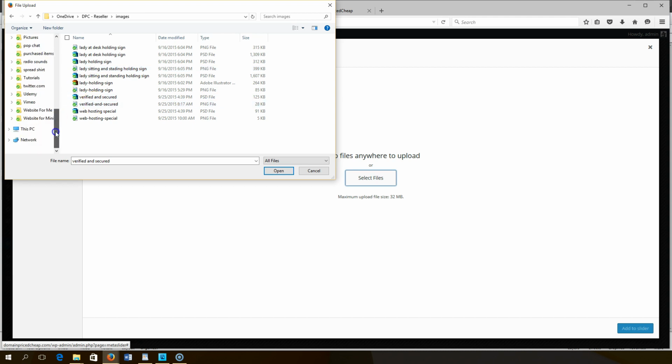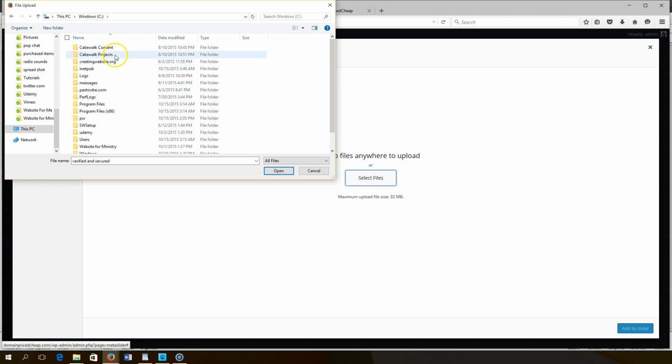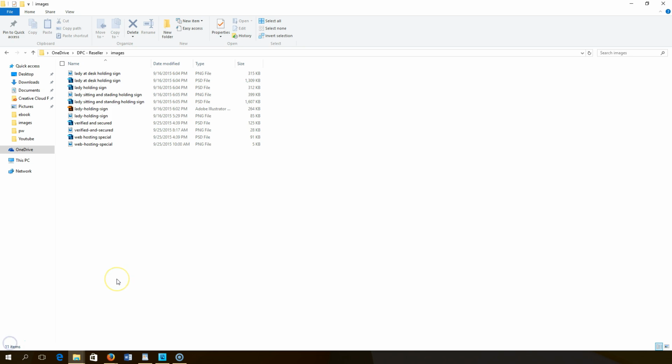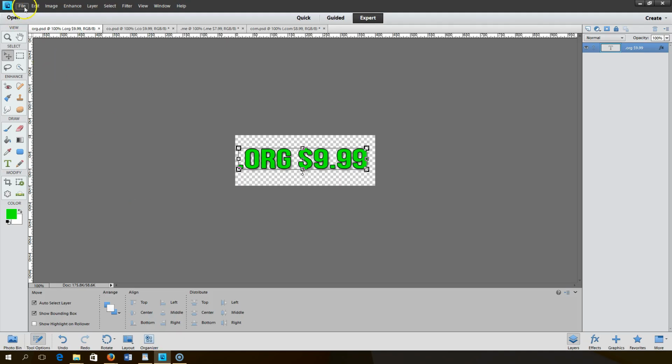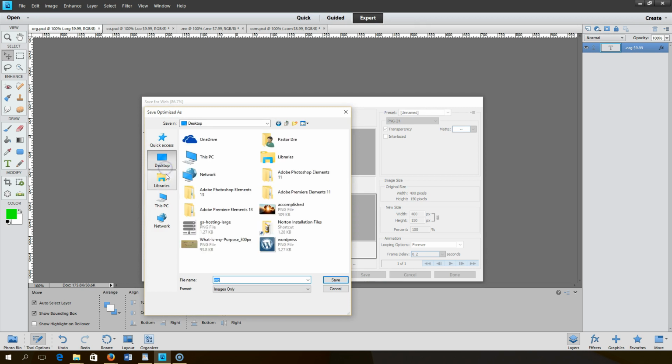Okay, they're not showing up. So let me see here. Hold on one second. Okay, for some reason it's telling me that my OneDrive is full, so it's not saving my files. So I'm going to go ahead and save them to my C drive for the sake of the tutorial. Let's go ahead and go here,